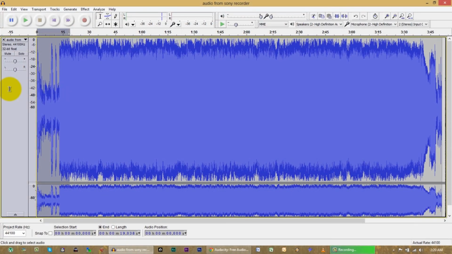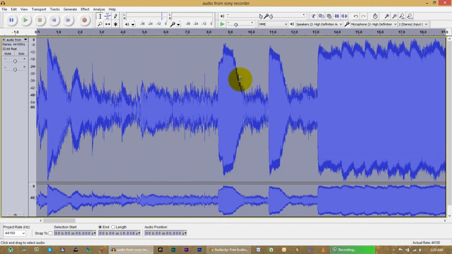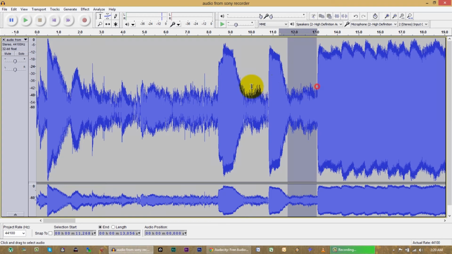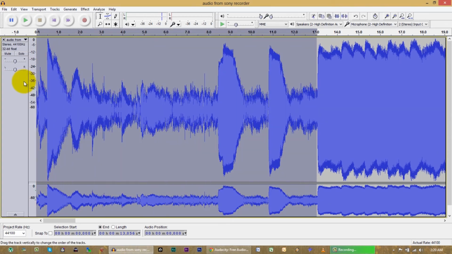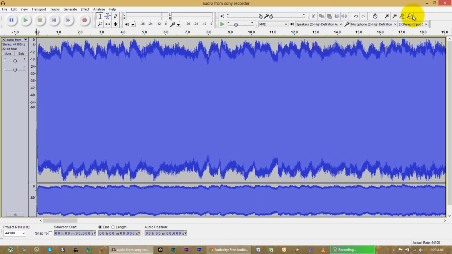Okay, so now that we've got this adjusted file, the last thing that I'm going to do is zoom in. So I've just highlighted the beginning of this. I'm going to go fit selection, and so now I've zoomed into this selection. We don't need this stuff at the beginning, so let's highlight that, erase it.